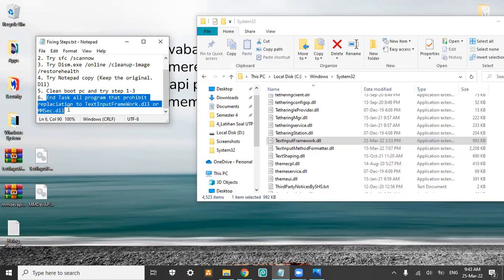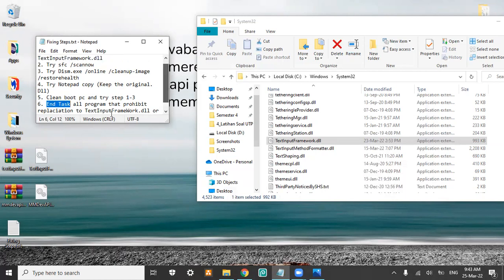So we don't need to run the last step, the 6th step. This is the most risky step because we don't know what programs we end task on in our task manager. But I think it's a good enough step that we must try before we reinstall our PC, because I think reinstalling Windows is the last technique when we want to solve a software problem on our PC. I hope this video is useful for you all.